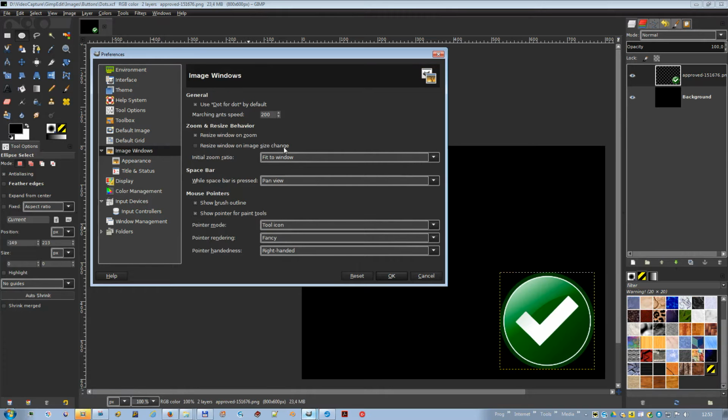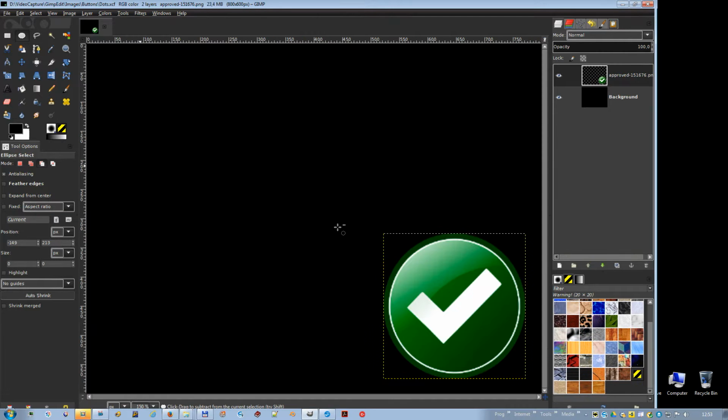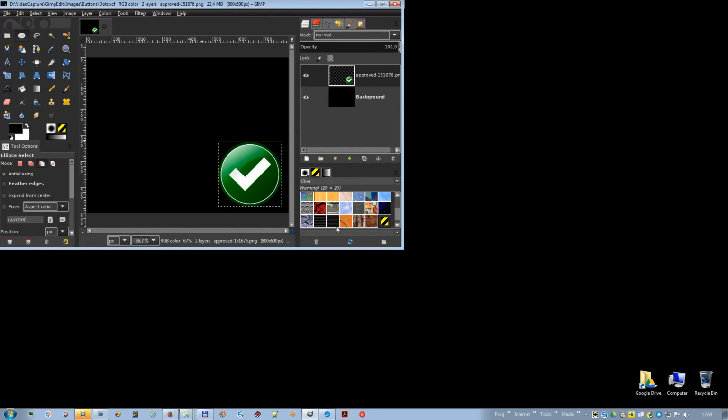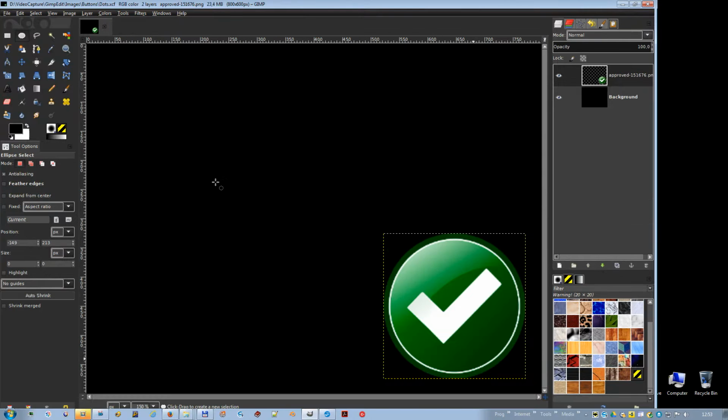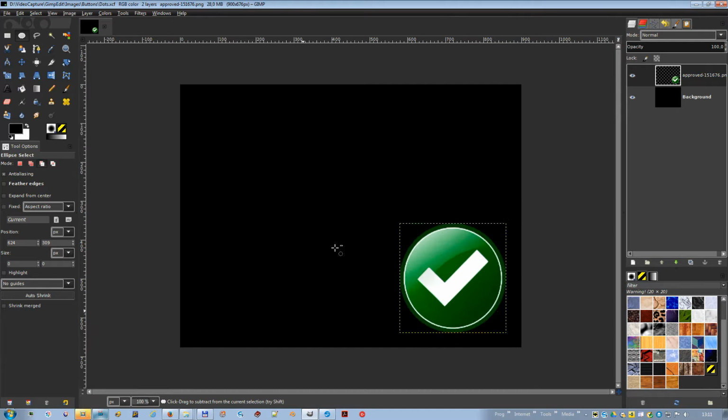If Resize Window on Zoom is checked, then each time you zoom, the image window will automatically resize to follow it. Otherwise, the image window will maintain the same size when you zoom the image. If Resize Window on Image Size Change is checked, then each time you change the size of the image by cropping or resizing it, the image window will automatically resize to follow. Otherwise, the image window will maintain the same size. To resize the image, press and hold the Control key, then use the rolling button to zoom in or zoom